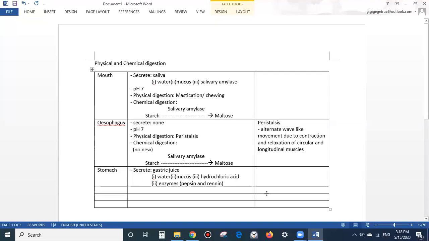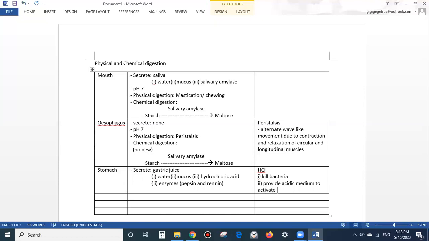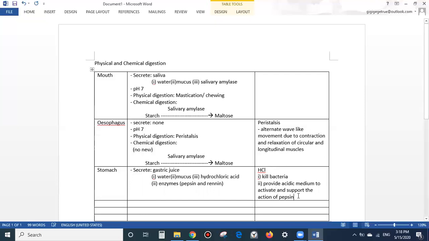So hydrochloric acid, side note, hydrochloric acid, HCl, has its function. Its function is to, number one, kill bacteria. Number two, it is there to provide an acidic medium to activate and support the action of pepsin and renin. Number three,